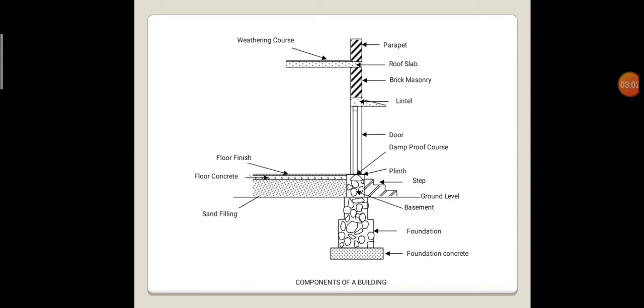For example, walls and columns are vertical components of the superstructure used to transfer the load of the roof and its weight to the foundation. The foundation is always referred to as below the ground, and the superstructure as above the ground. These are some of the components used in buildings.